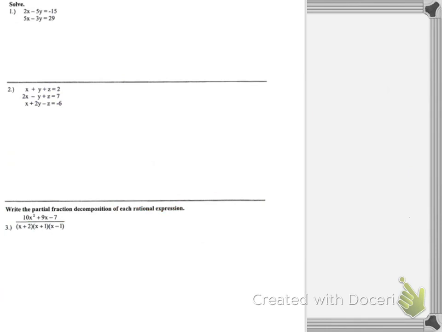So on to page 3. We now see that, again, it tells us just to solve a two-variable system of equations. We can choose any method we'd like. So you could do it graphically. You could do it with elimination or substitution. I prefer elimination, so I'm going to take 5 times